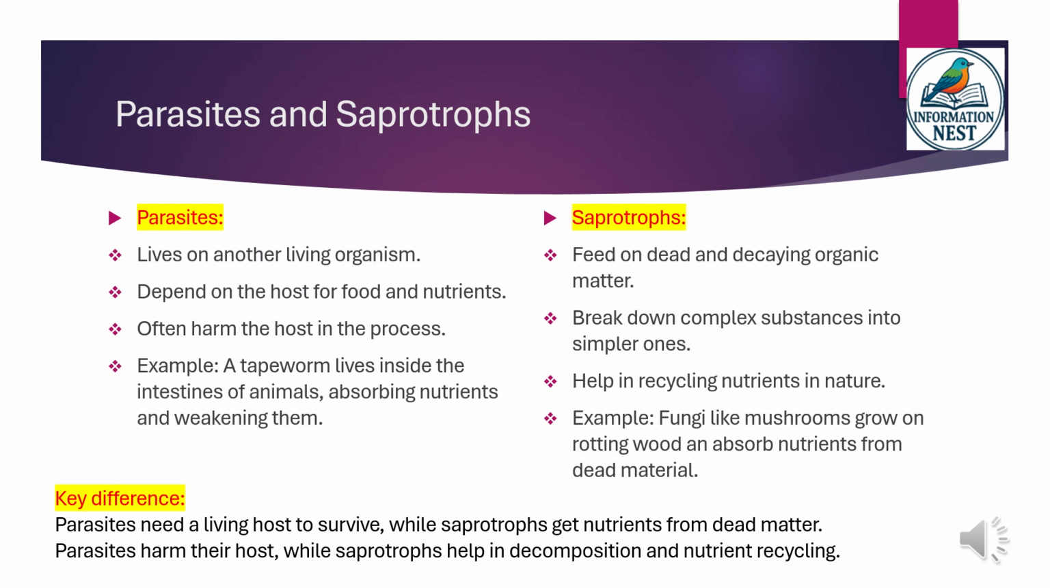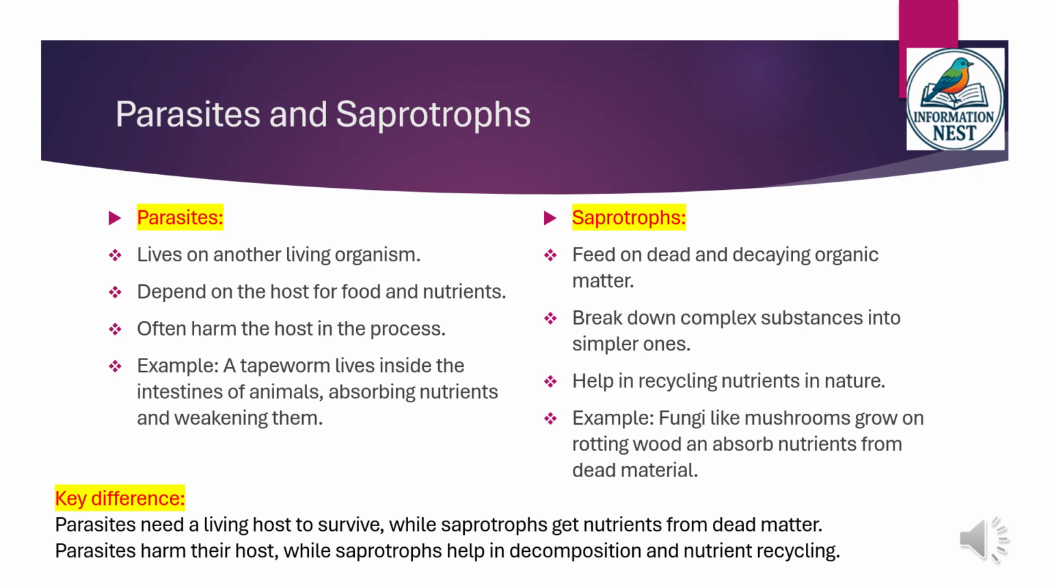Unlike parasites, saprotrophs feed on dead and decaying matter, breaking it down into simpler substances. They play a crucial role in recycling nutrients back into nature. Fungi like mushrooms grow on rotting wood, absorbing nutrients from dead material to help decomposition. Some fungi glow in the dark. Certain mushroom species give off a mysterious greenish light, a natural phenomenon called bioluminescence, a living night light in the